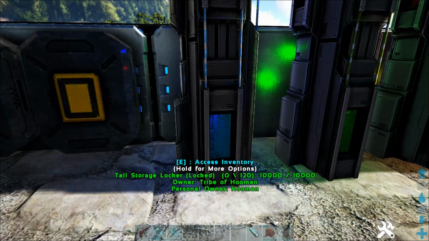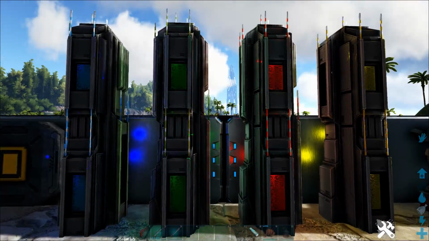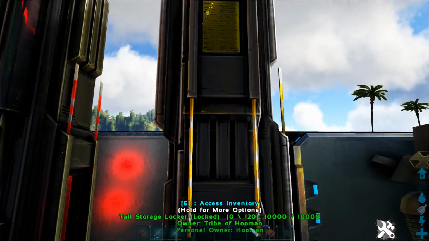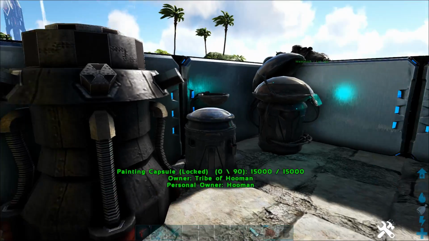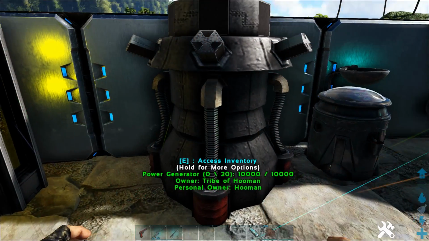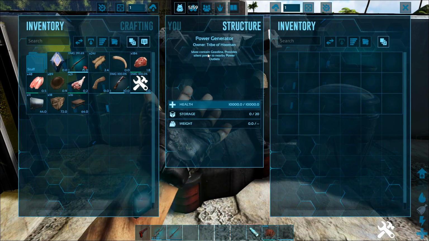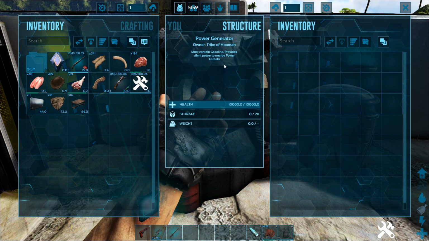And then we have the tall storage lockers, which look very interesting. They look like towers more than a storage thing. And then we have the actual things that you can use. So this is the power generator. Pretty good model. In this, you just put gasoline in, and it provides power like a normal generator does,